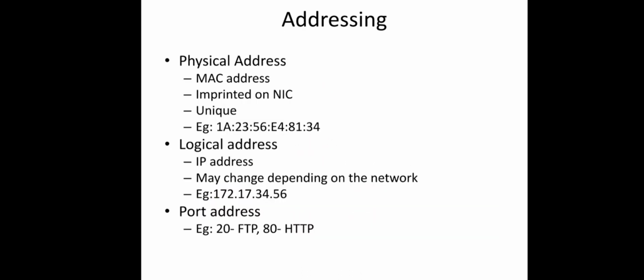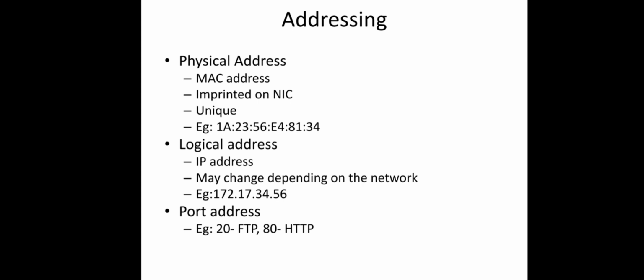Before moving to the different layers and their functions, let us see how a machine is identified within a network. Each machine is identified using 2 different addresses: first its physical address and second its logical address. The physical address, another name is MAC address, media access control address, is imprinted on its network interface card. You can see it using some commands; for example, in Windows we can use ipconfig. Depending on the OS, you can use the appropriate command to find the MAC address of a machine, and it is claimed to be unique for every machine in this world.